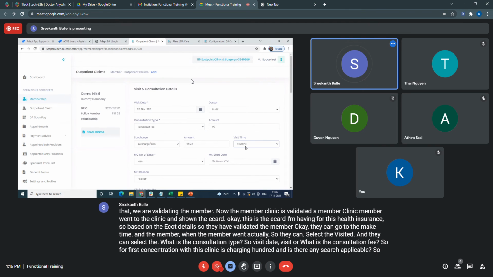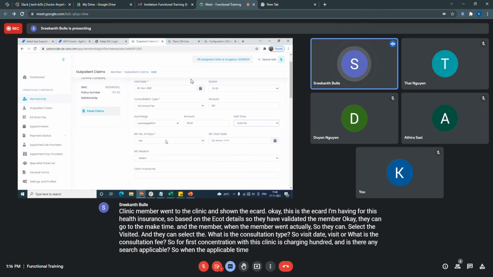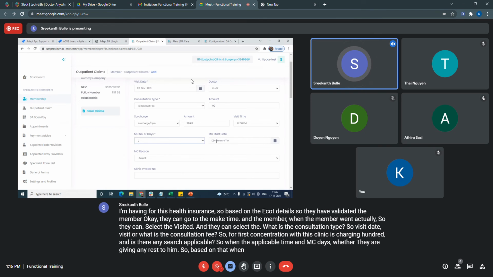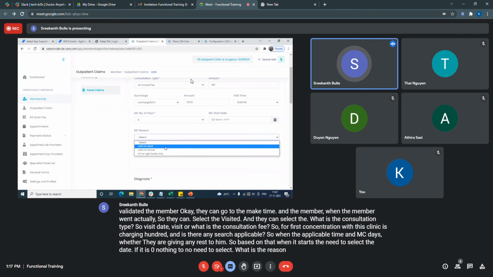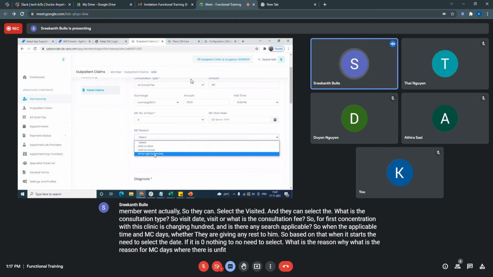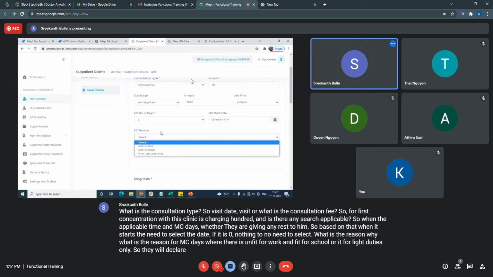Then the MC days, whether they are giving any rest to him. Based on that, they need to select the start date. If it is 0, no need to select. What is the reason for MC days? Whether unfit for work, unfit for school, or fit for light duties only. They will declare this.